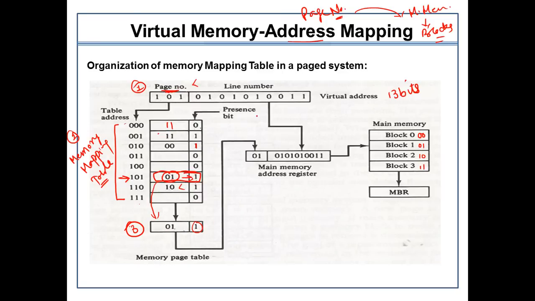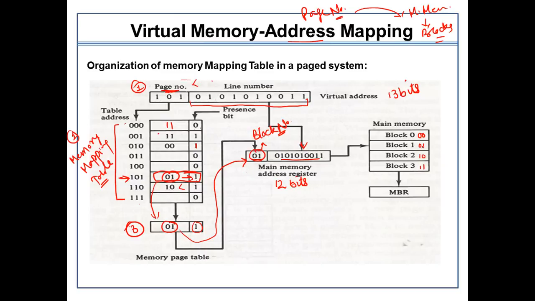What I got is that this line number, these 10 bits, will remain the same here, and now this particular value consists of the block number, which I need to refer. So you can now see that these are the 10 bits plus 2. Now this is 12-bit data, right? Before it was 13-bit data. Now it has changed into 12 bits.